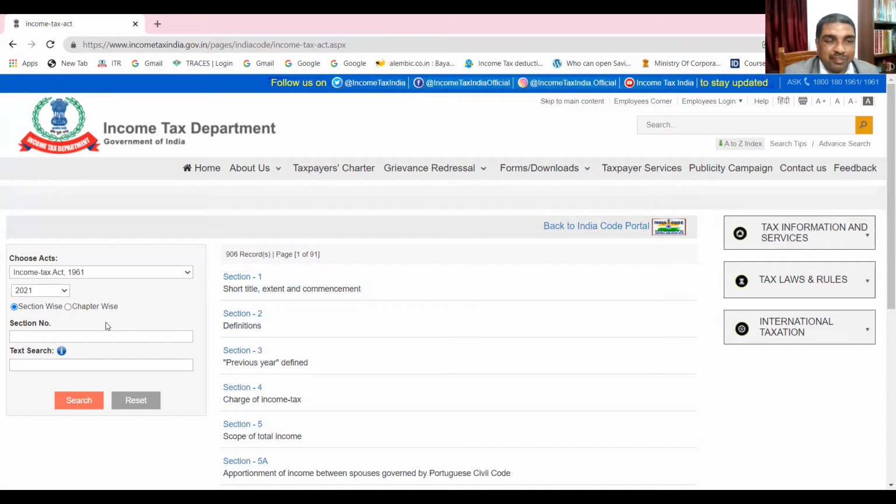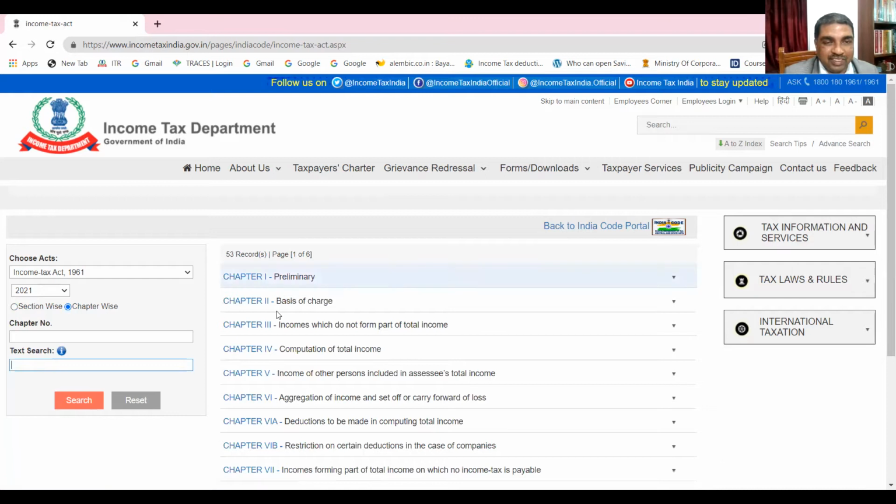If you want to look at chapter wise, I'll be clicking this radio switch. Okay. If I click it chapter wise, you see. Now you see chapter 1, preliminary. Chapter 2, basis of charges. Chapter 3, income which do not form a part of total income. Chapter 4, computation of total income, like this.